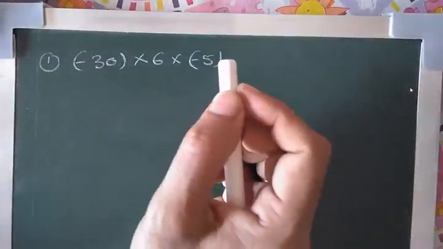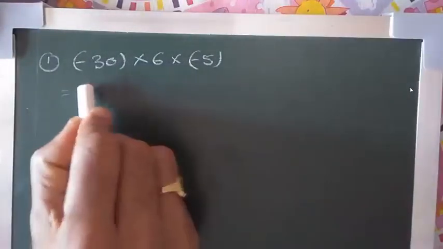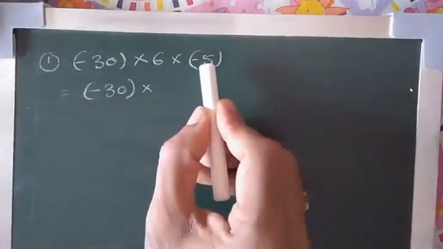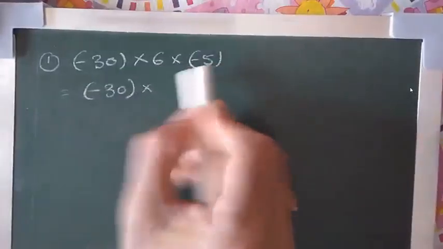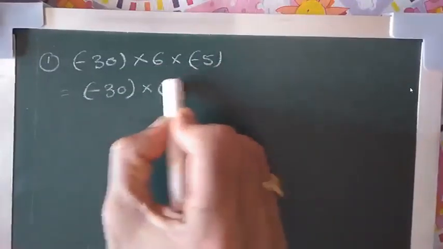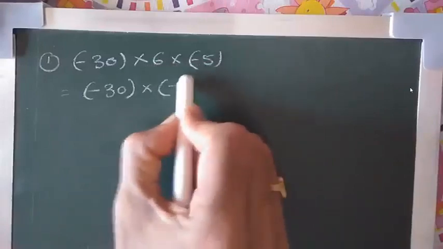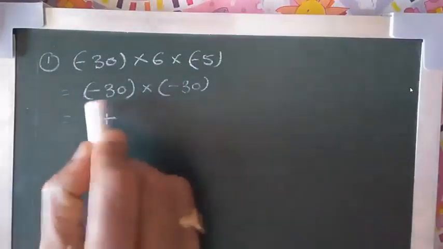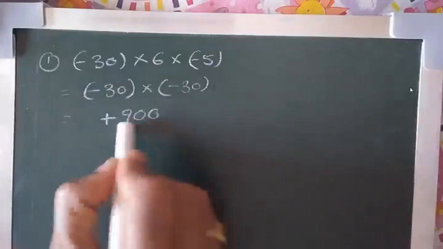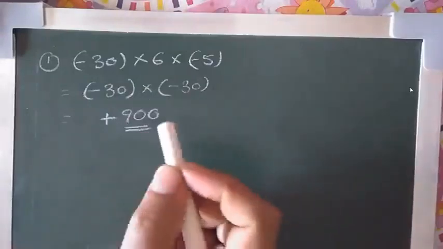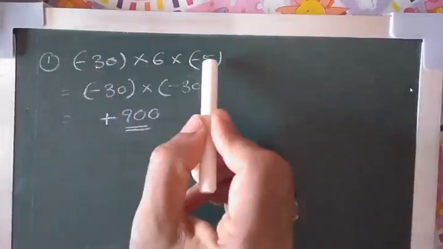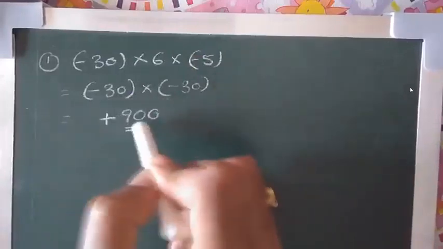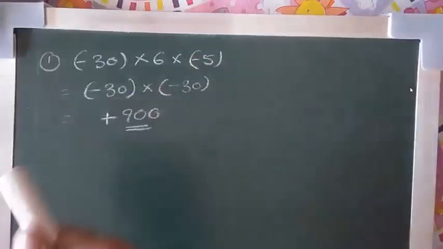Into minus 5. So here you first take minus 30 as it is, and if you observe, 6 5s are also 30. That's why, for convenience, I am taking these two numbers first, minus 30, which is plus, 6 into minus 5, which is again minus 30. And now minus into minus is plus, 30 30s are 900. So this is a convenient way to multiply. We can multiply 30 into 6 and then with 5 also, but first multiplying 6 5s are 30, we can multiply these two numbers conveniently. That's why this is the convenient way.